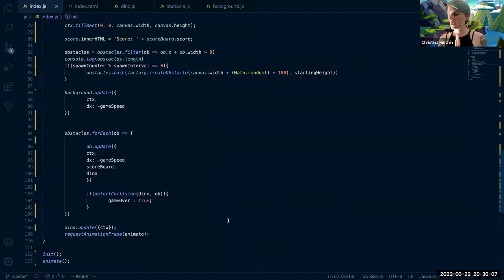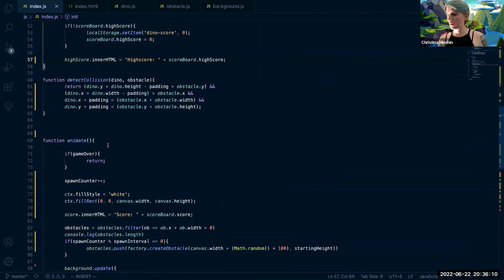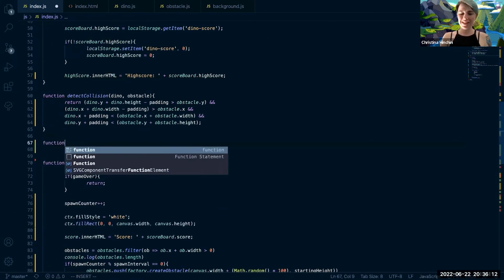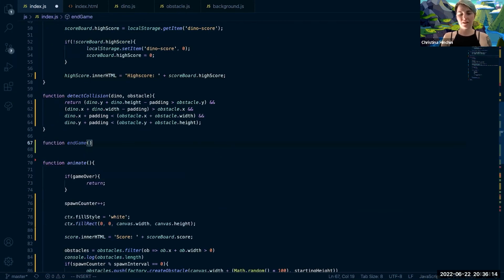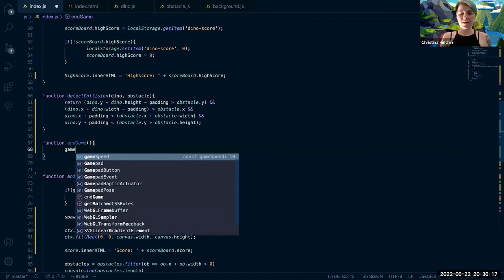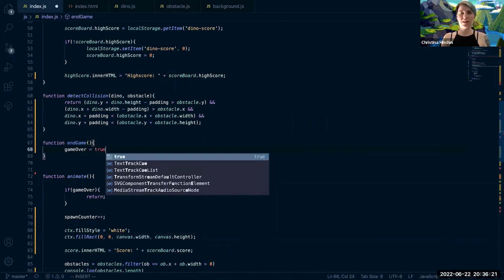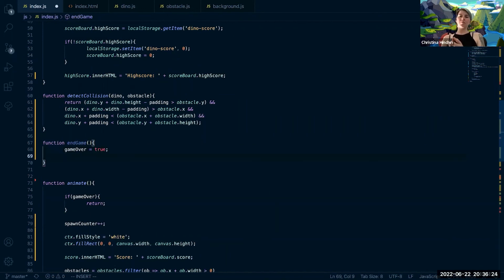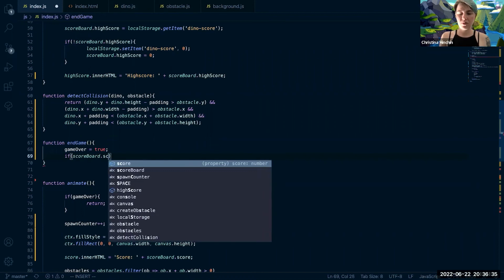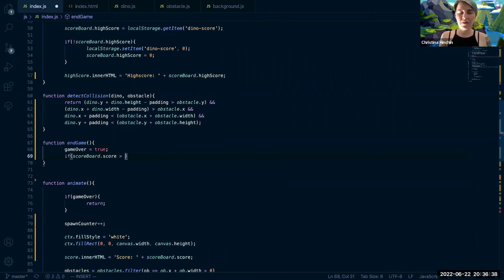And finally, all that we need to do is I'm just going to create one tiny little endgame function. And I'm going to set that game over Boolean trigger to true in here. And what I'm going to do is when the game is over, I want to check to see, did the score that you managed to do this round, is it better than the previous high score? So we're just going to check to see if your score is better than the current high score,